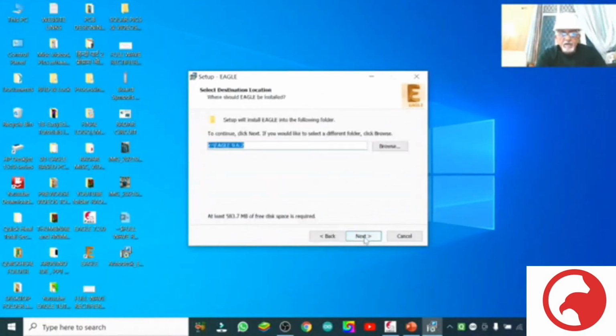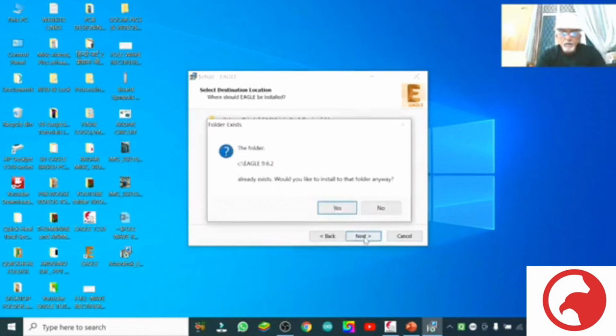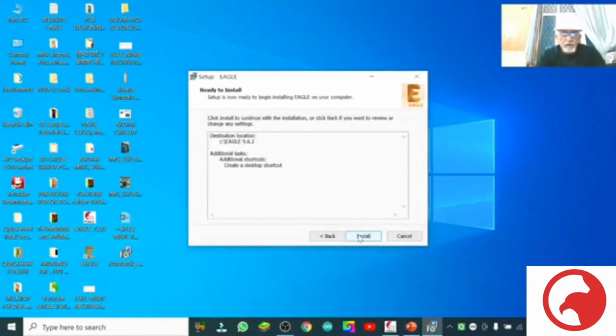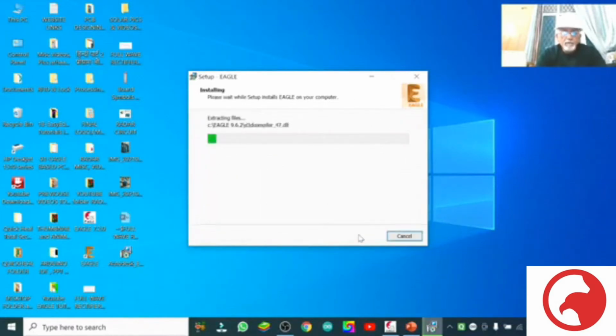So accept the agreements, and it will get installed on your computer, no problem. Maybe my mistake, I selected the trial version, and the trial of this latest 9.2 version of Eagle has finished. Therefore it is creating a problem.